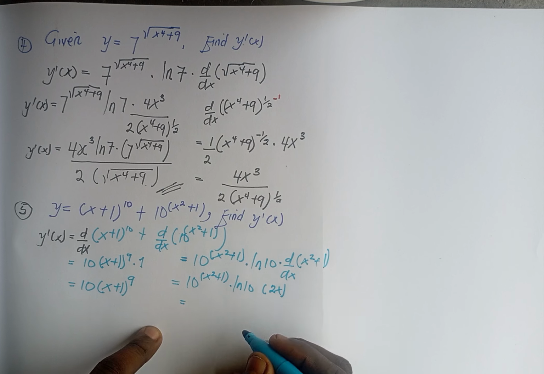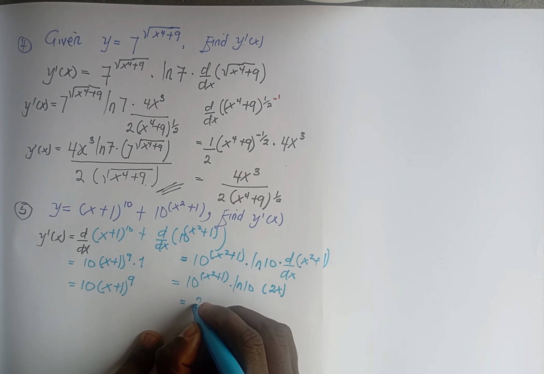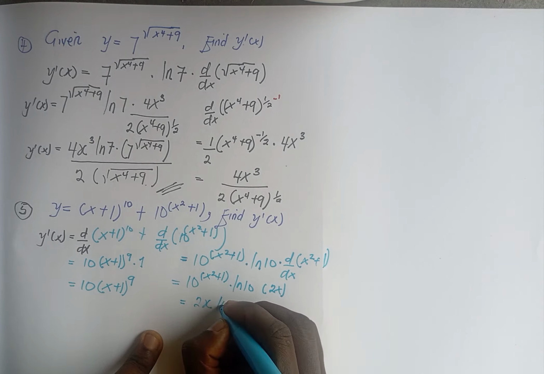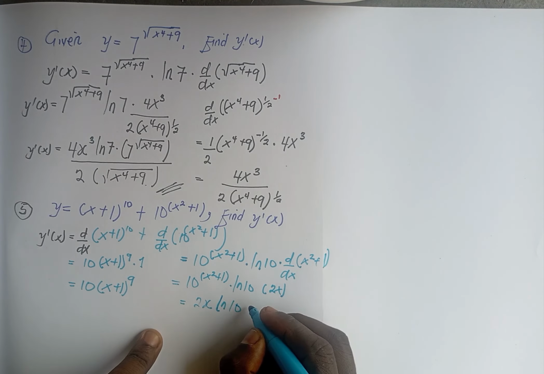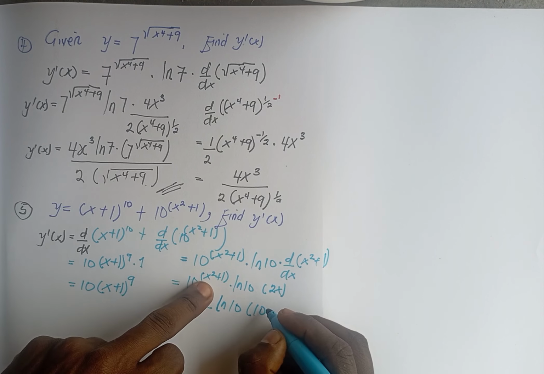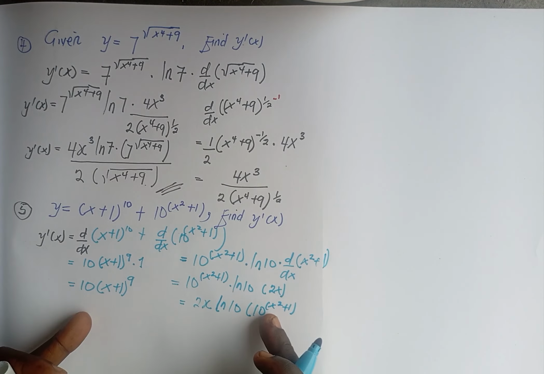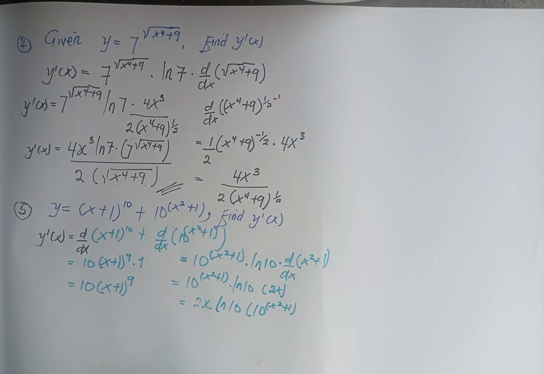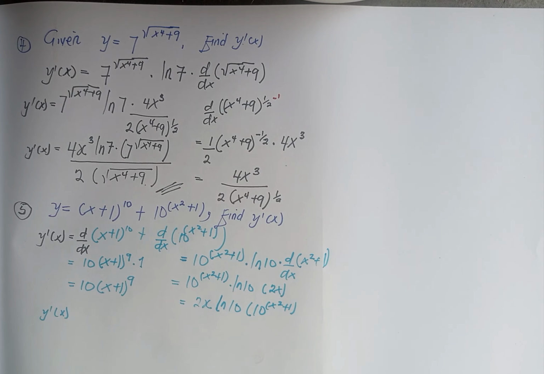So we are going to get 2x length 10, and then we have 10 x squared plus 1. So we just add this and this together to give us the derivative. So we can see that finally our derivative is giving us